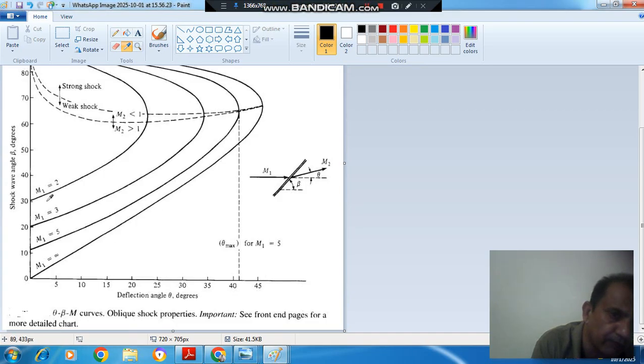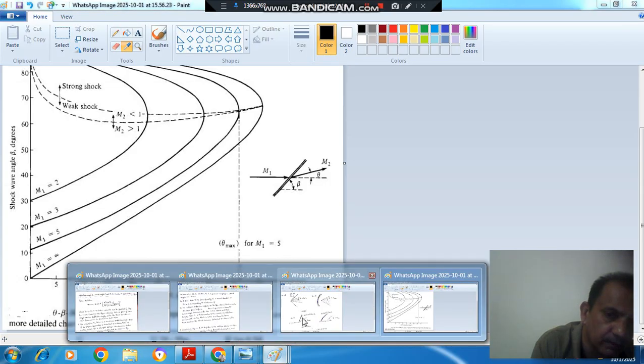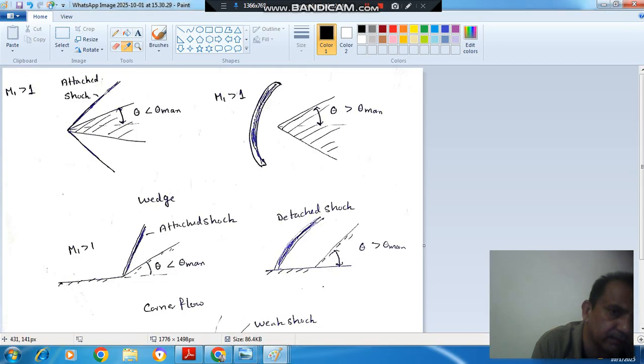for M1 equal to 2, then there is a solution. There are two solutions actually. So there is a solution, and the shock waves are attached. When theta is less than theta max, the shock waves are attached, and there is a solution for the straight shock wave. And when theta is greater than theta max, there is a curved wave, and the shock waves are